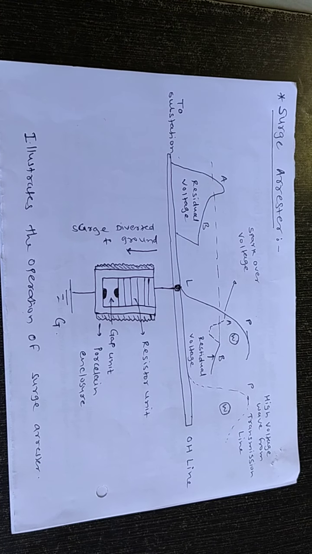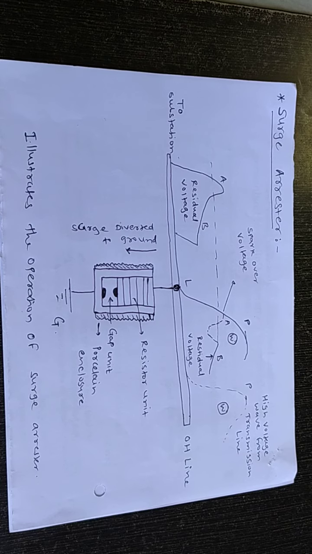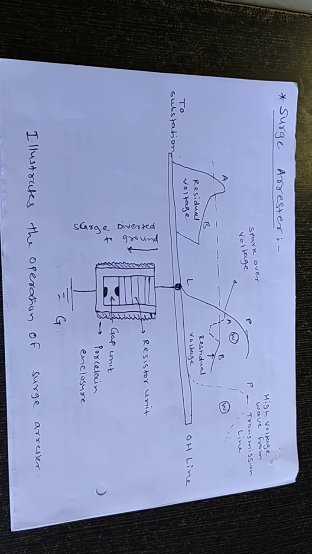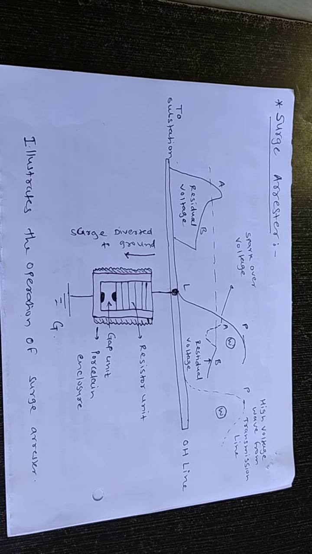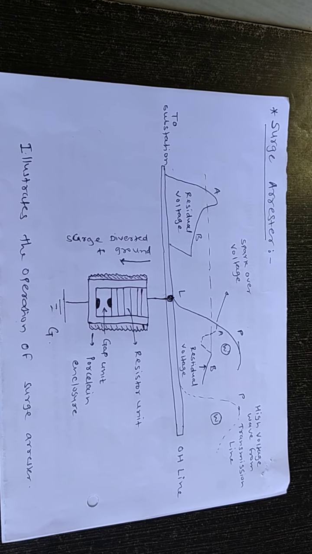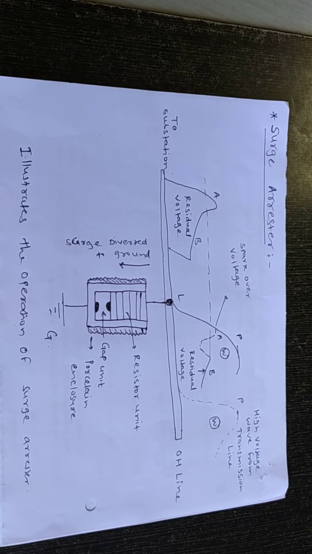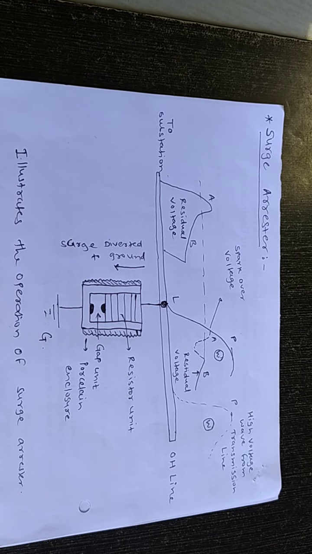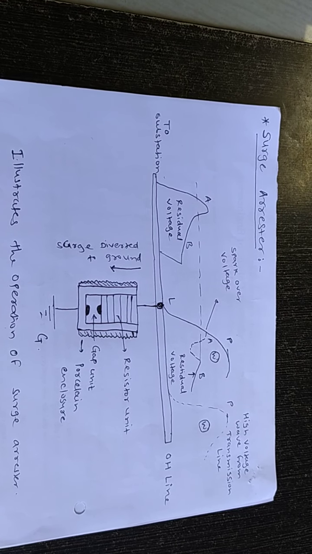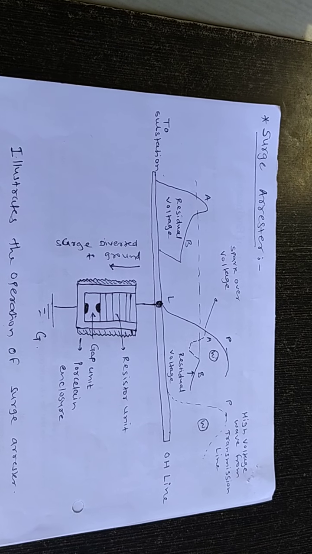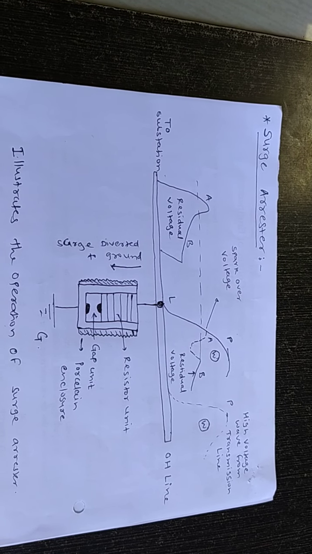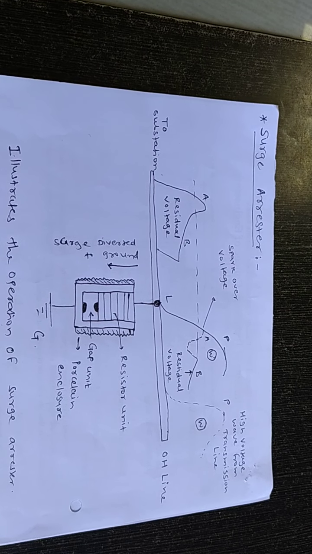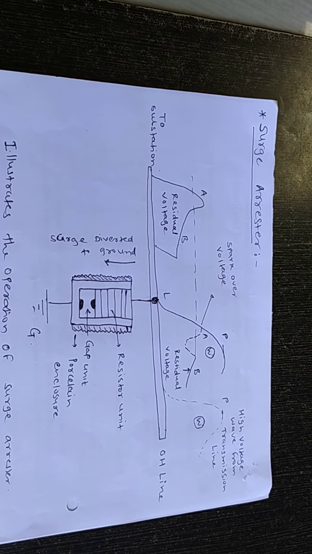The next one is the surge arrestor. When lightning surges or switching surges traveling along the transmission line reach the terminal of the surge arrestor, at a particular voltage depending upon the steepness of the wavefront, the surge arrestor sparks over, and this voltage is called the impulse spark over voltage. Hence, the surge is diverted to the earth through the surge arrestor and the insulation on the substation side is not subjected to the peak voltage P, as shown in the figure.